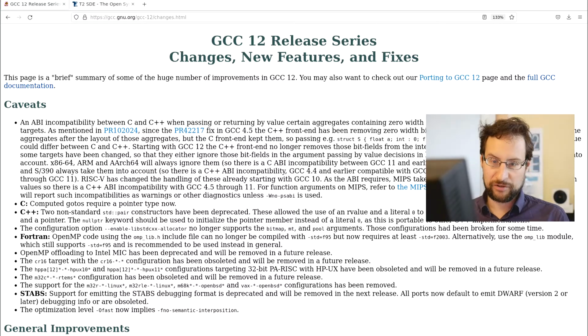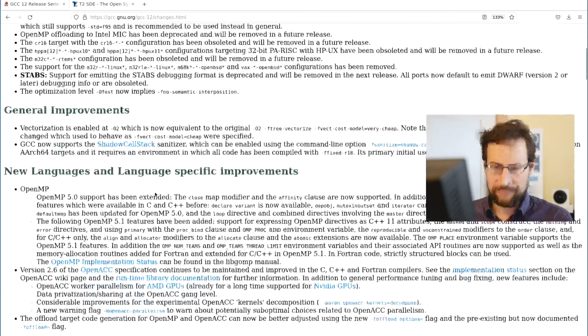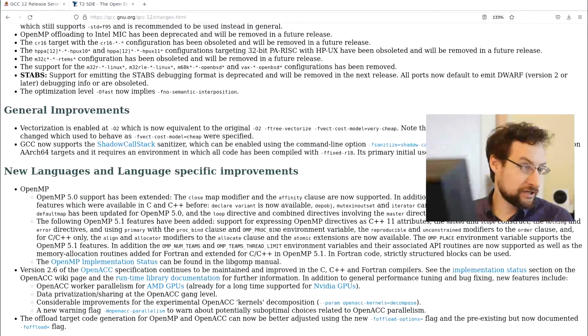Of course, hundreds or maybe even thousands of small changes, including some caveats, including some ABI incompatibility between C and C++ discovered after decades in some bit fields, but that's of course not the most important. Some small stuff like computed goto does require pointer type now and stuff. But other major features